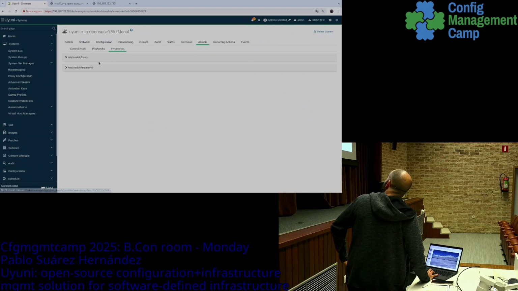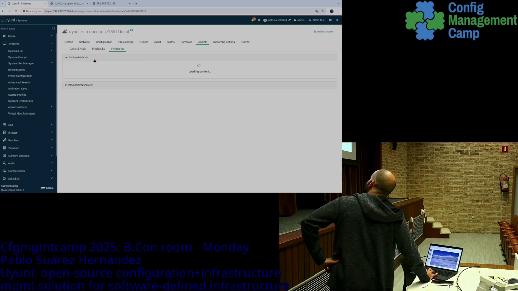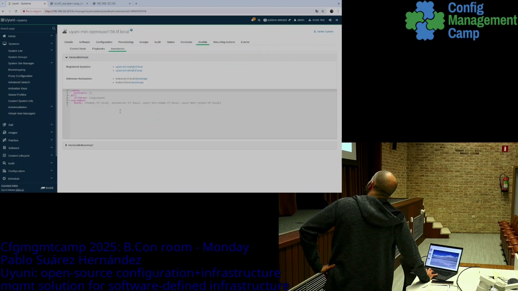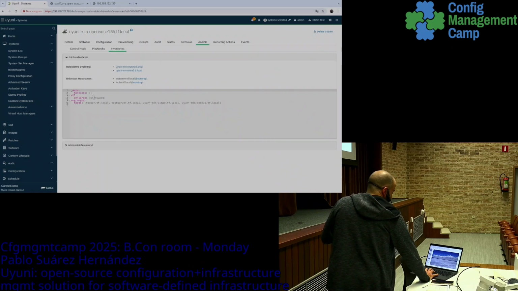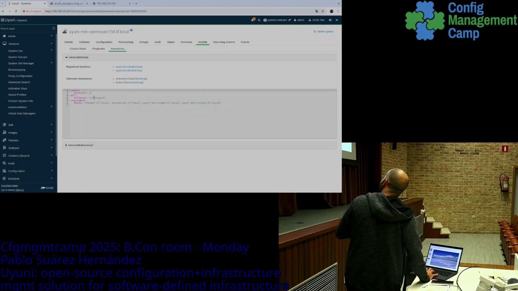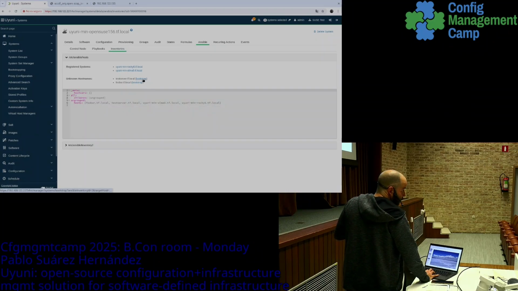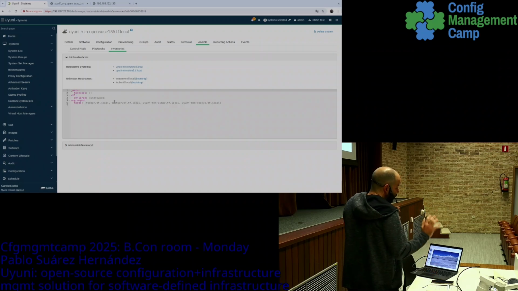The same way from the inventories, one cool thing here is that it's parsing the inventory. For this particular inventory, for example, it's an Ansible inventory that is managing a couple of hosts. Some of those hosts are already registered in SUSE Manager, but some other hosts are actually not. So this is also allowing you to trigger Bootstrap on those hosts directly. So it's a way that we can have systems that are managed by Ansible and that are managed by Uyuni, all in the same place, and being able to